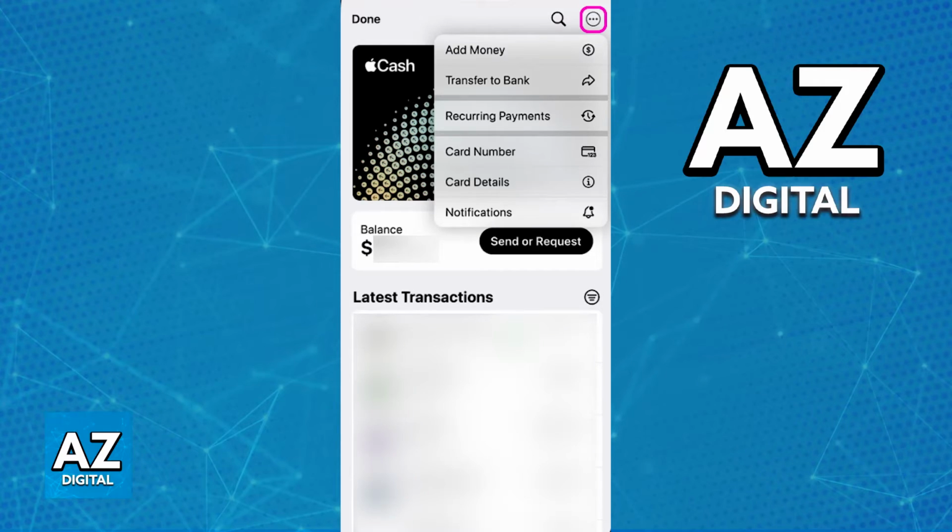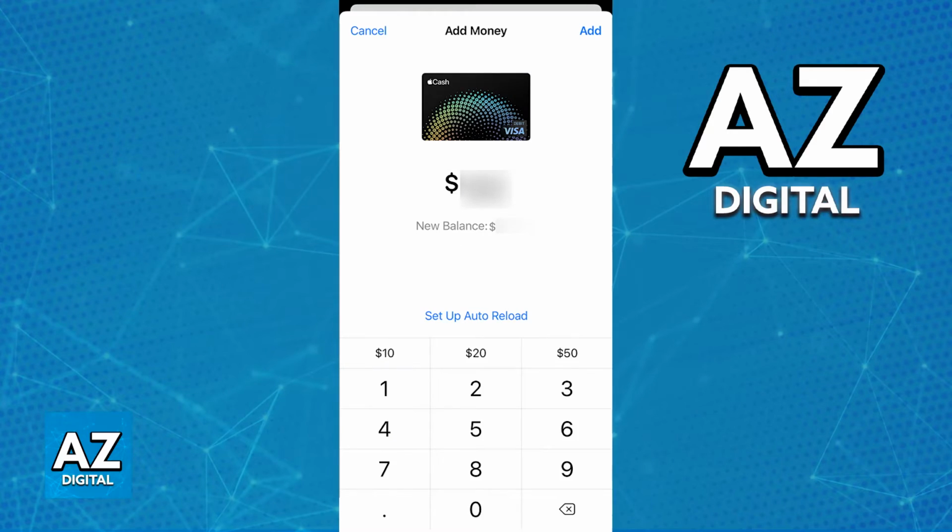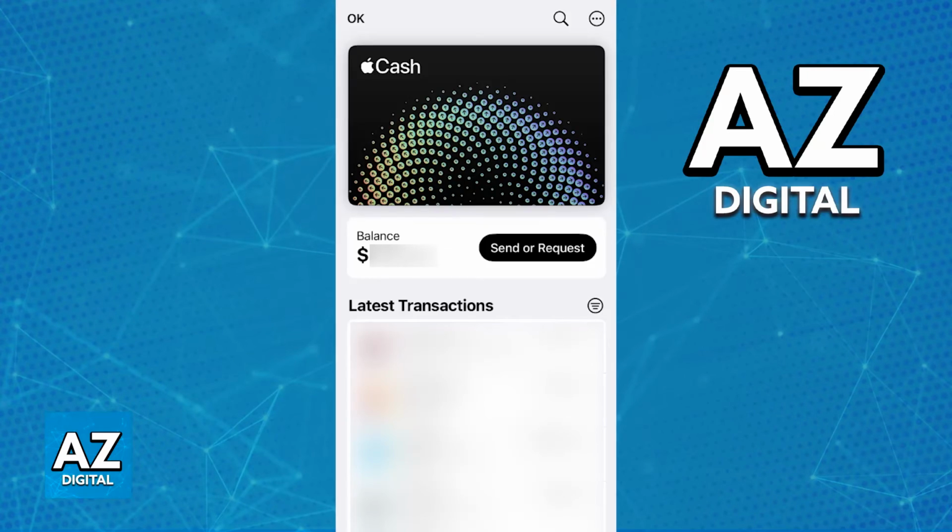To add money to your Apple Cash, just tap on the three dots at the top right corner of the screen and then select Add Money from the drop-down menu that appears. Immediately upon selecting Add Money, you will be guided through the instructions to add. So, you will have to include the amount of money that you want to add to Apple Cash and then choose from any of the available sources for this payment. So choose from any of the available payment methods after you input a valid amount and you will be able to redeem it as cash on your account.